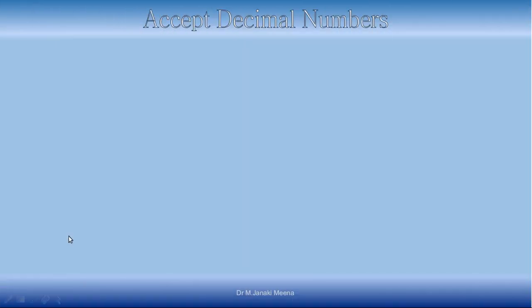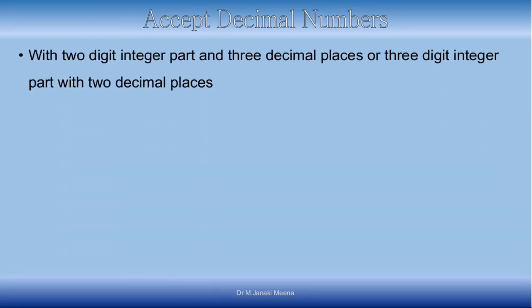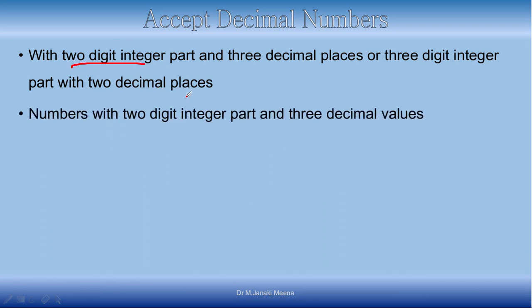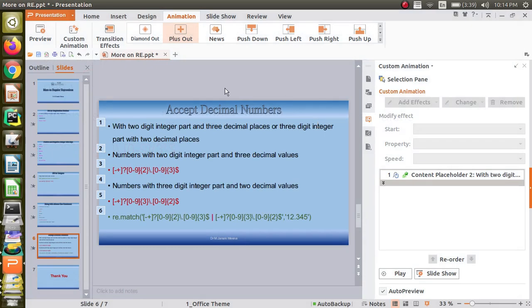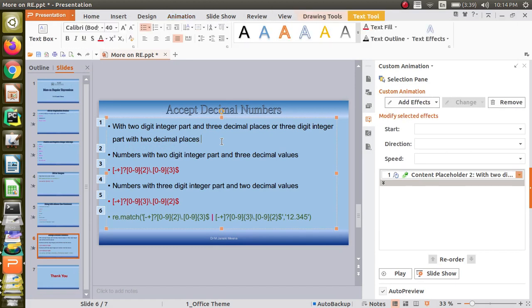Next, what we are going to discuss is about accepting decimal numbers. Now I am taking a very specific case where you are going to accept 2 types of decimal numbers, okay? The first type is where there are 2-digit integer part and 3 decimal places, or 3-digit integer part and 2 decimal places. So actually when I say I can accept, I will type and show. Actually the point here is I will accept either 12.567 something like this, or